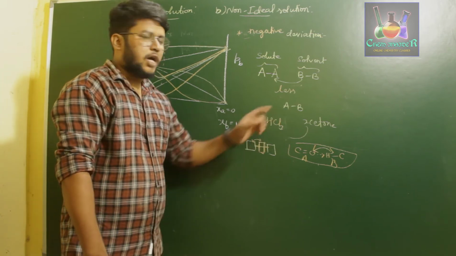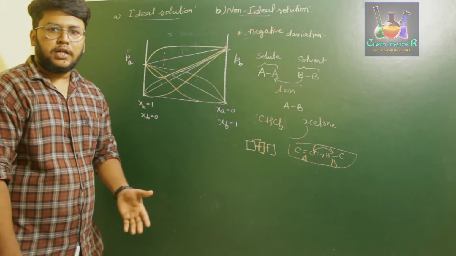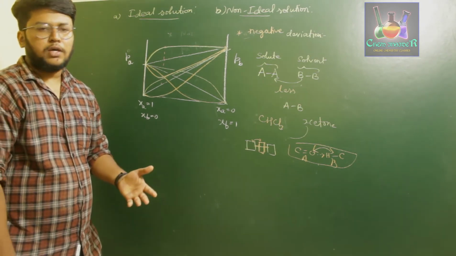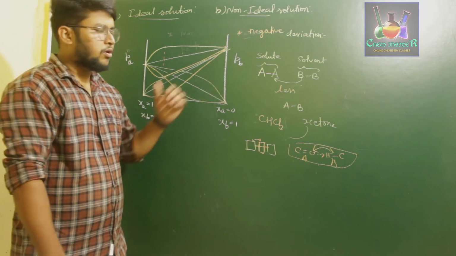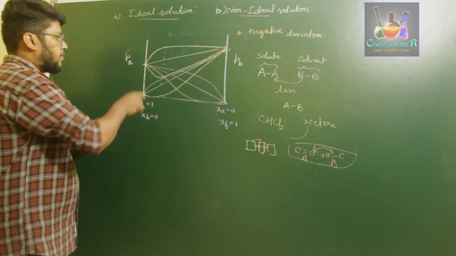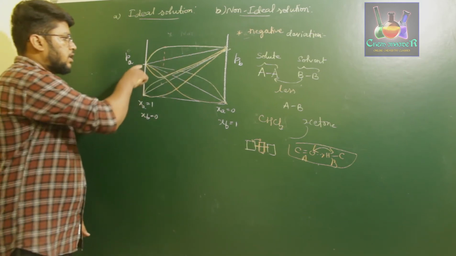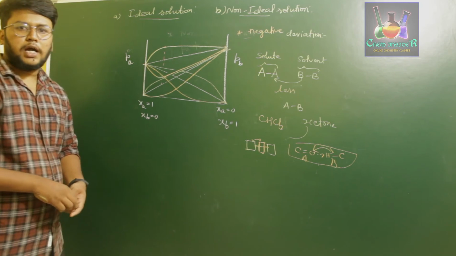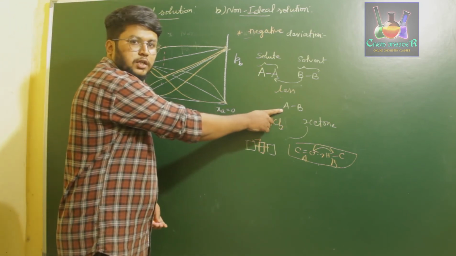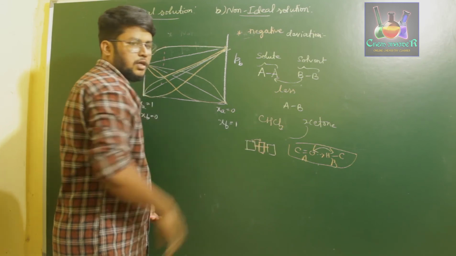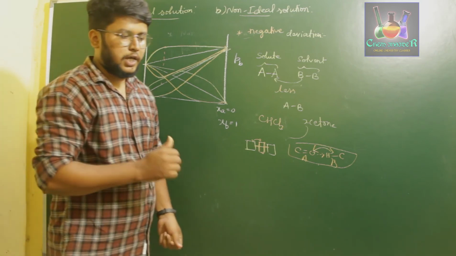Therefore, once they have a higher number of interactions, they will have a lesser tendency to form a vapor. So they will have less tendency to form a vapor at a given mole fraction. Therefore, what we observe is a negative curve. We observe the decrease in the ideal solution curve. That is because of the increase in interaction between AB particles. So this is about positive deviation and negative deviation.